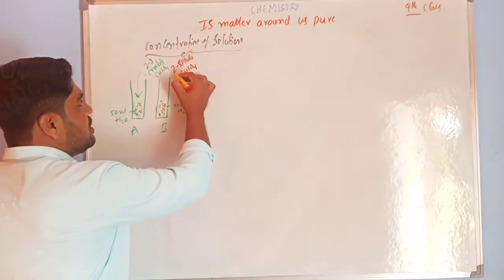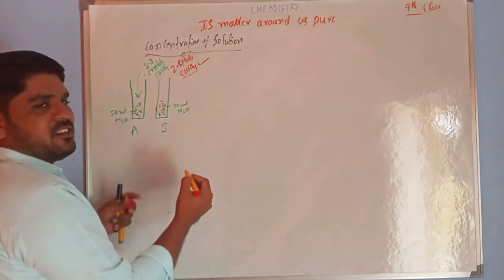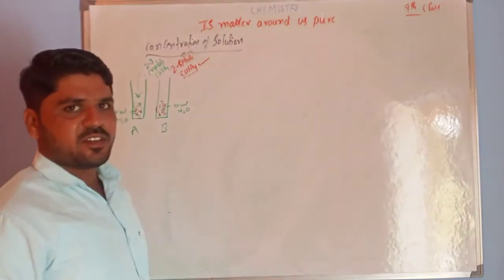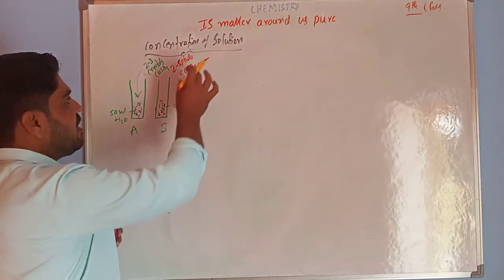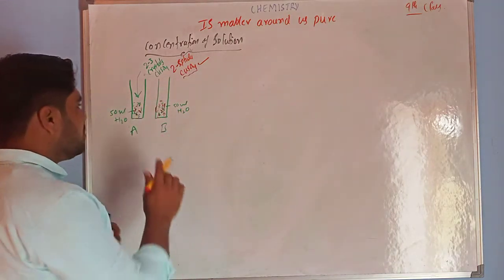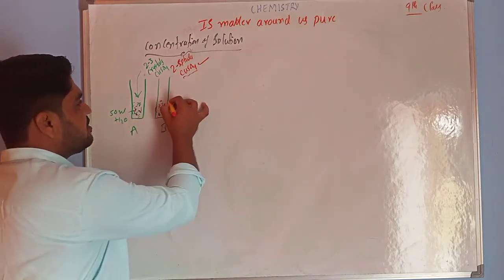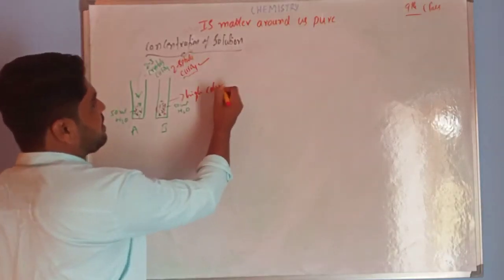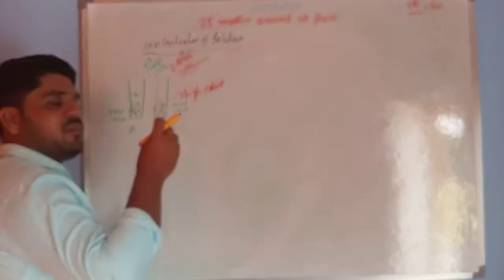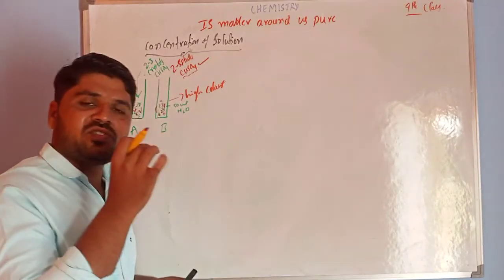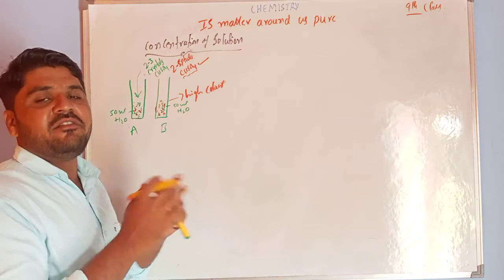In this, the amount of copper sulfate is more in test tube B when compared to test tube A. Copper sulfate component is high in test tube B. So the intensity of the color is high in the second one. And also in all solutions the solute and solvent can be varied.